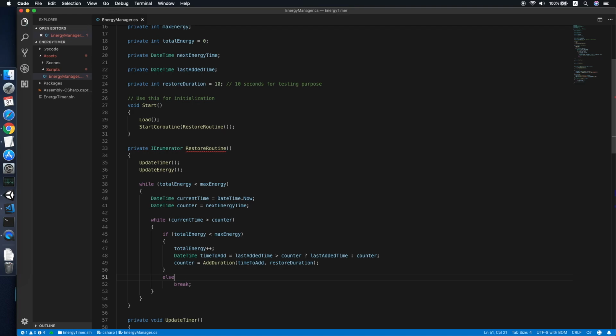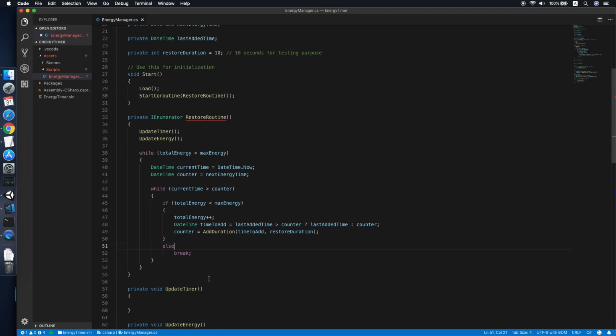Okay, now as you can see, if there is any change in the next energy time, we have not saved it back to our variable yet. We only calculated in the counter field. So now we need to